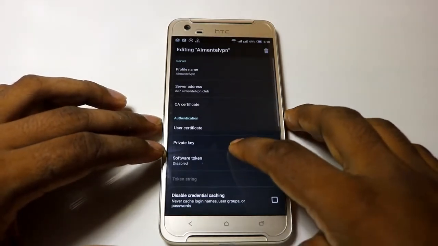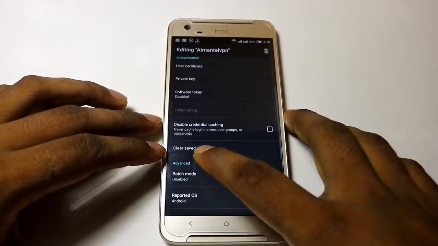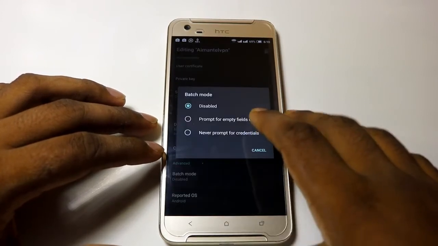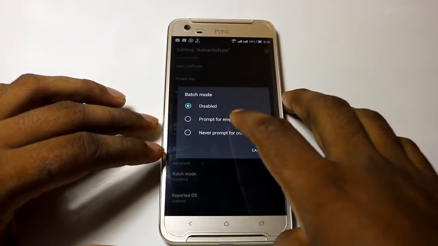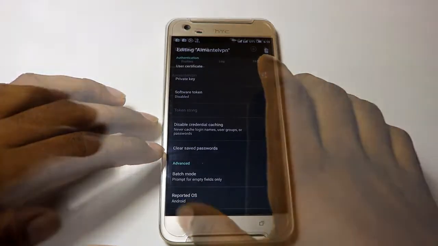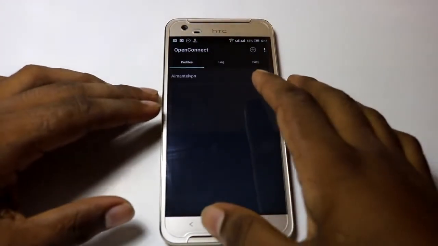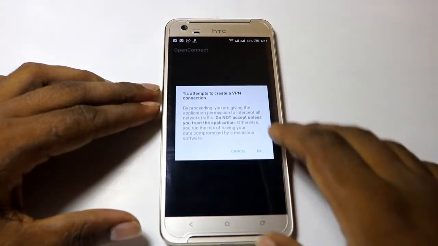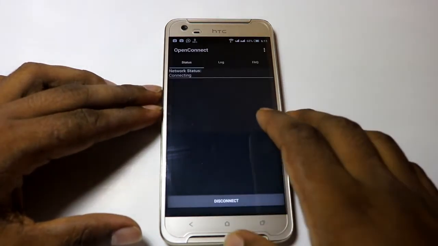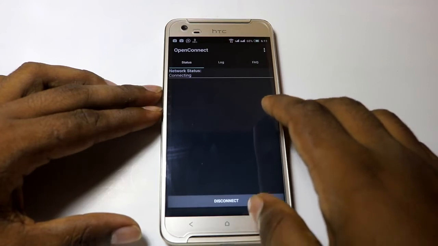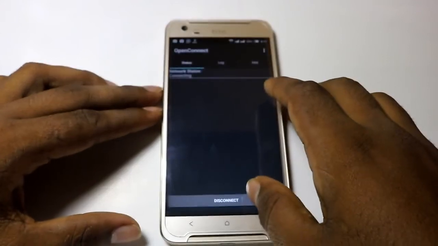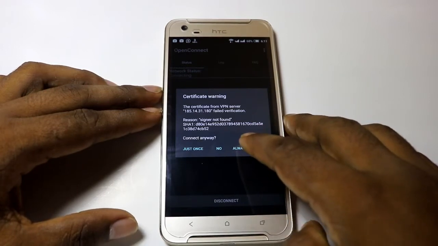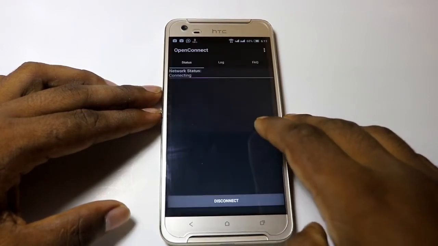follow this video and click advanced, base mode disabled, confirm middle list, click back, keep your hand and click IMAN-TELBPN, click OK. Click here, always connect